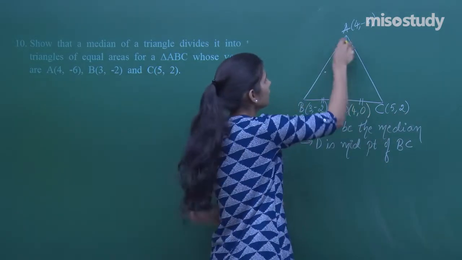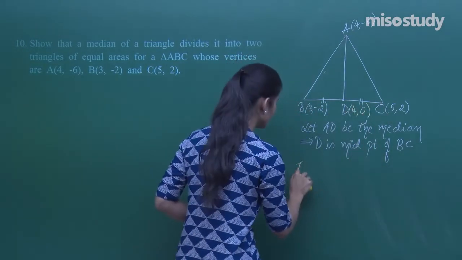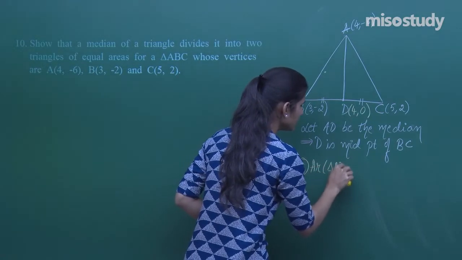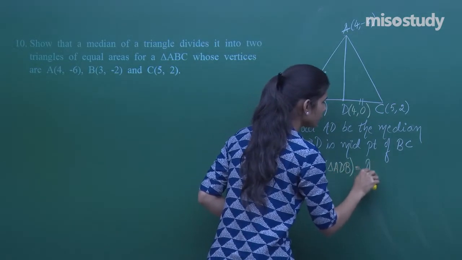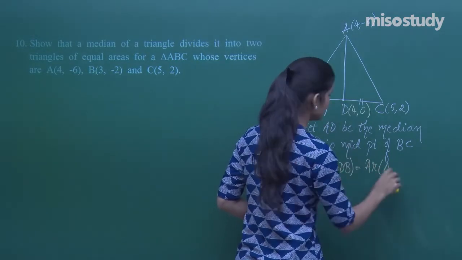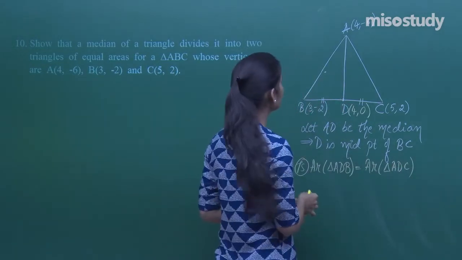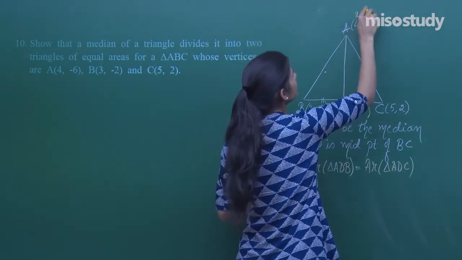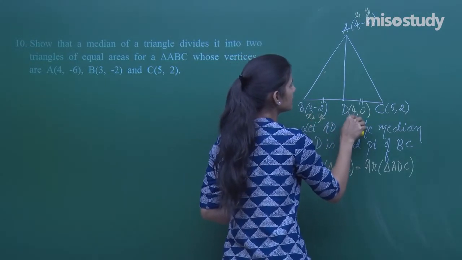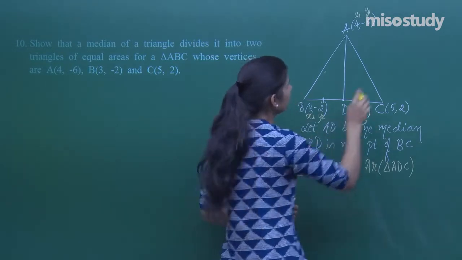You have to show the area of triangle ABD is the same as the area of triangle ADC. To show the area of triangle ADB is equal to the area of triangle ADC, let's find out the areas of both the triangles. Let me put this as x1, y1, this as x2, y2, and this as x3, y3. So the area of triangle ABD